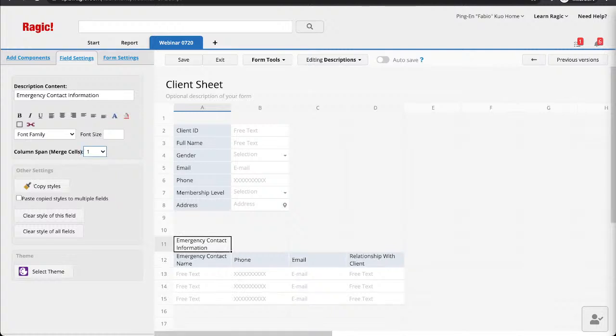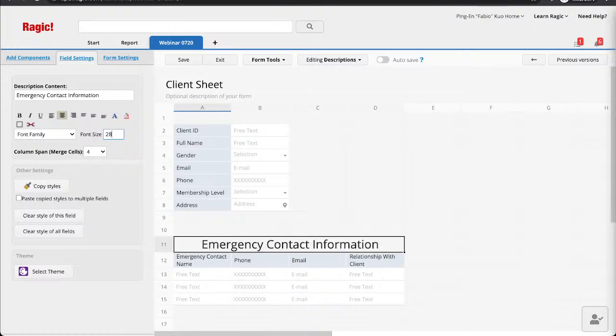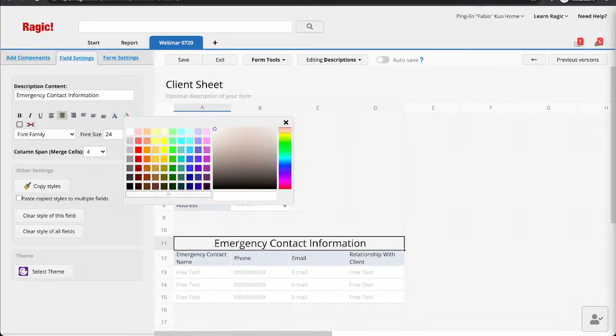Merge cells to make it wider and make it in the middle. Change the font size to 28 to make the font size bigger. Maybe it's too big, so I'm going to make it smaller. Yeah, 24 is a good number. And I can also add a background to it. This is adding some artistic design to the fields.